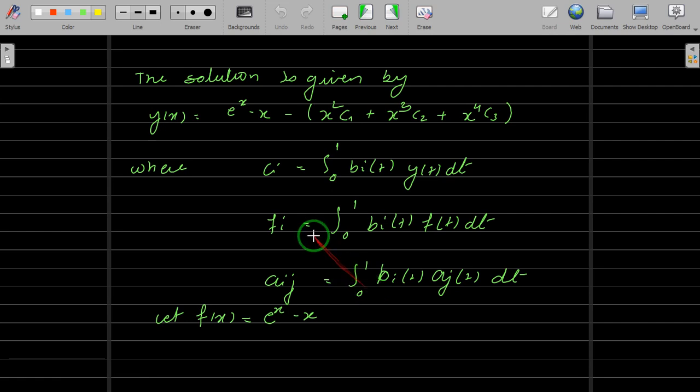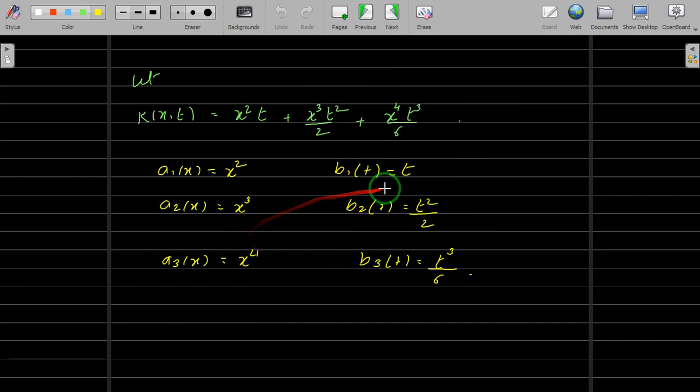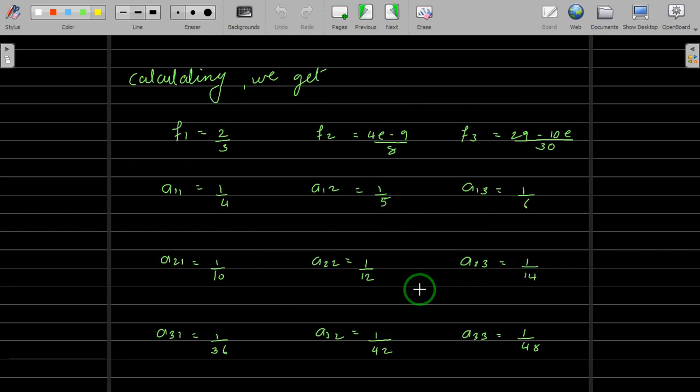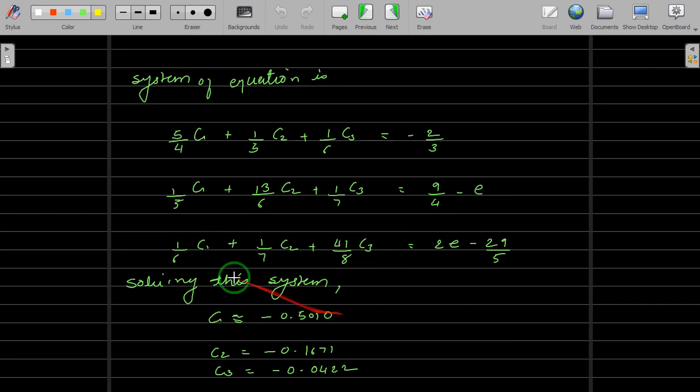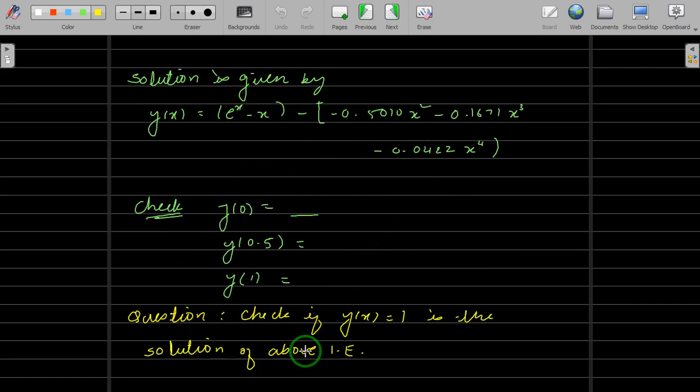You will get a different system because here again the Fis, this Fi also depends on Bi. The constants Cis also depend on Bi. So from this system, if you change the functions Aij and Bij, you will get a different system. Based on that system you get these Fis, Aijs. Based on that you write the system, then you will get the solution. That is not a big problem.